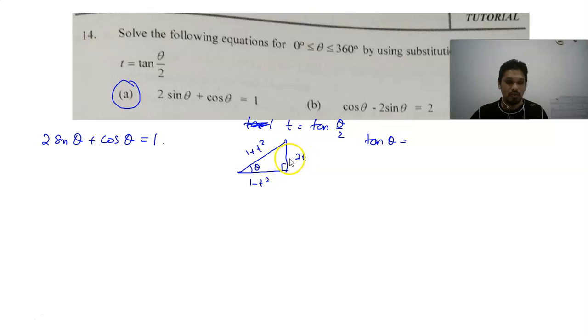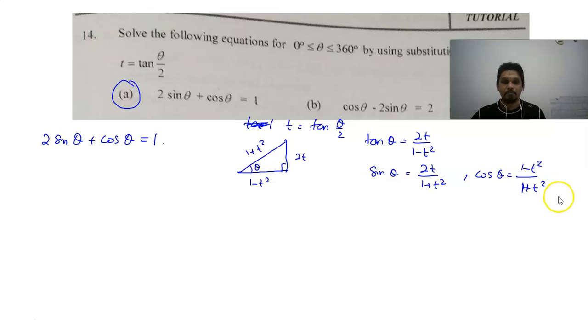tangent equal to opposite divided by adjacent, 2t divided by 1 minus t squared. Sine theta equal to opposite divided by hypotenuse, 2t divided by 1 plus t squared. And cos theta equal to adjacent over hypotenuse, 1 minus t squared divided by 1 plus t squared. Okay, so now